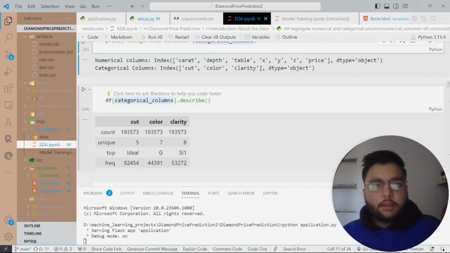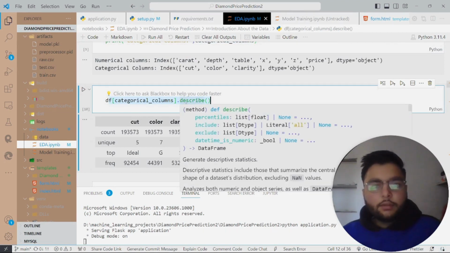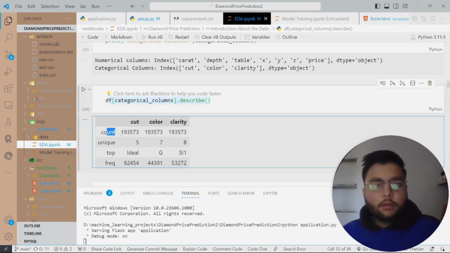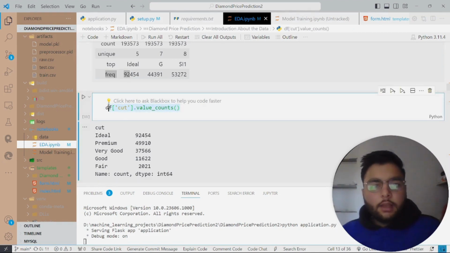After that, we are checking the descriptive analysis at once. We are using the describe function, which gets all the statistics-related information like count, unique values, top values, and frequently appearing values.